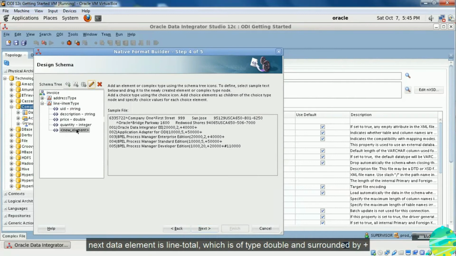Next data element is line total, which is of type double and surrounded by plus sign.